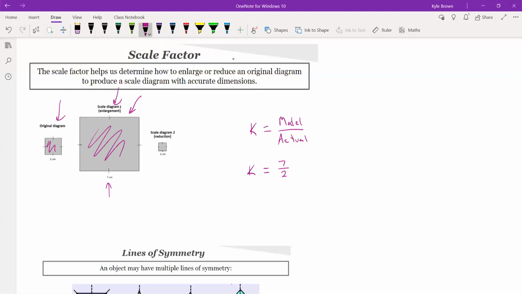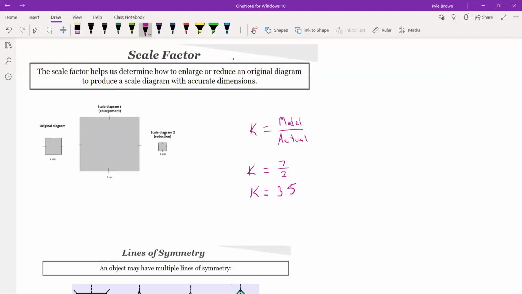So we get a scale factor of 3.5, right? What that really means is that if I take any side length on the original, like 2, and I multiply it by 3.5, or 7 over 2, I'm going to get that one. Okay? And it would work the same way if